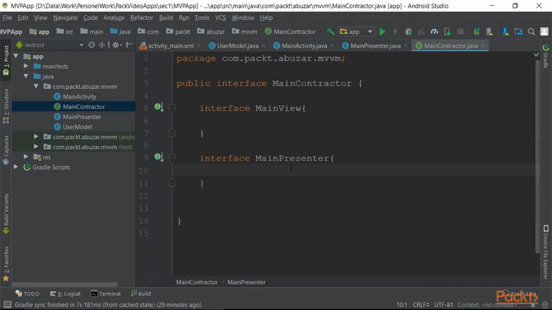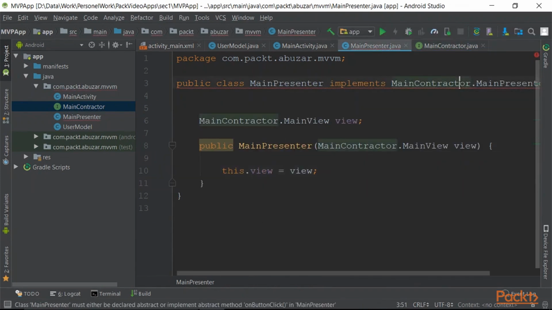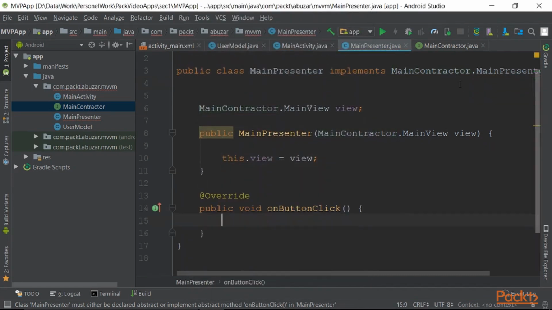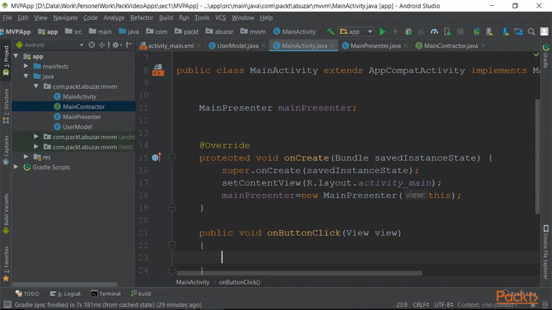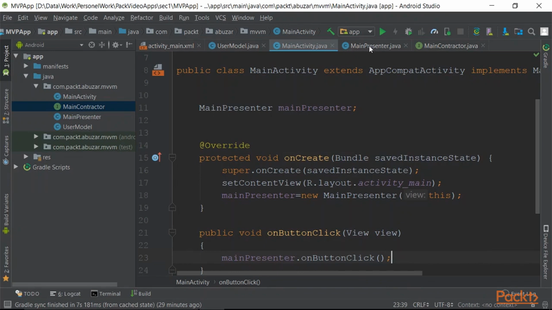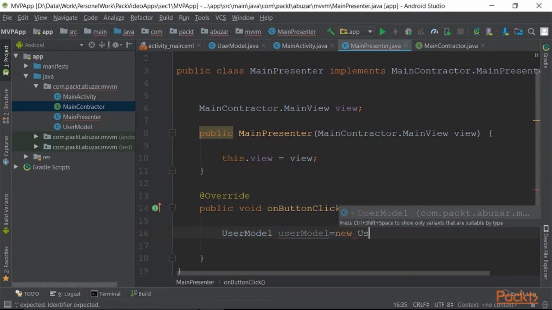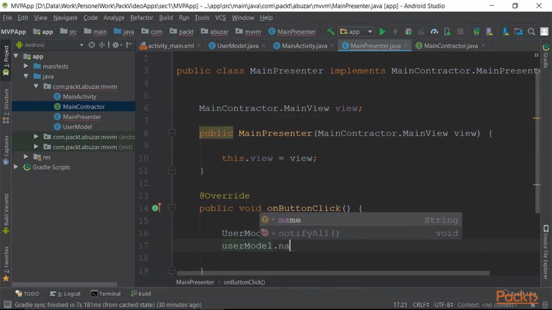How are we going to define the function in our presenter? From our main contract, onButton, void return type. Now as we have defined this function in our main presenter and this presenter is implemented here, I have seen an error here. Implement. There you go. Now from here we will call this function using our presenter instance dot onButtonClick, and in our main presenter we will get the user model. UserModel is equal to new UserModel, dot name